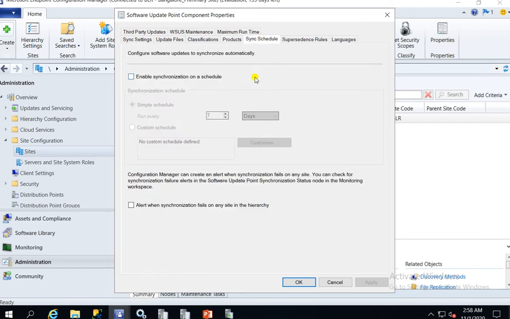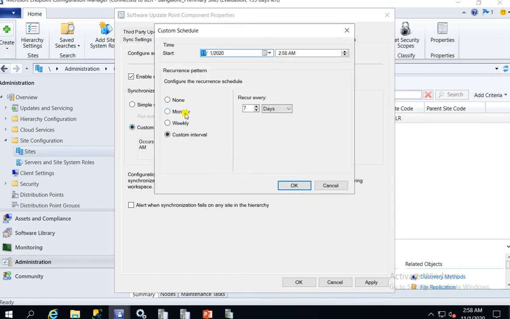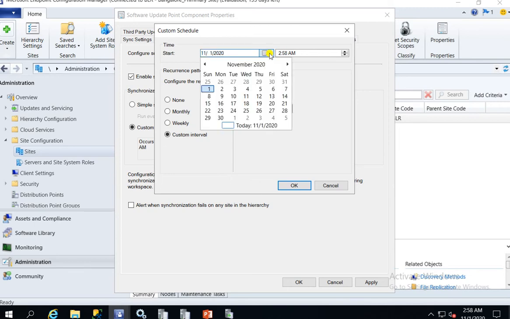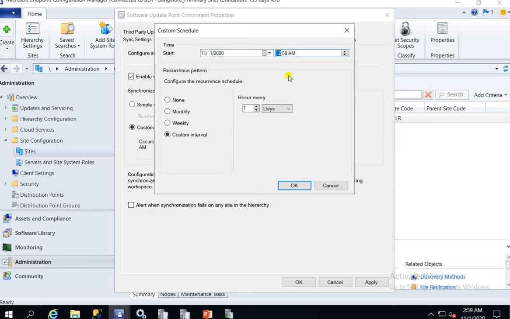This is the synchronization schedule. If you don't want to run it manually and you want to run it automatically at a specific time, you can go here and schedule it, like every day. If you select every day, then in a day it will run the synchronization one time, but it will run when the server is free. But if you want to schedule it customized, you can go here and schedule it, like daily, at any specific time you want to run. You can select a non-production hour. You can go here and change the time.